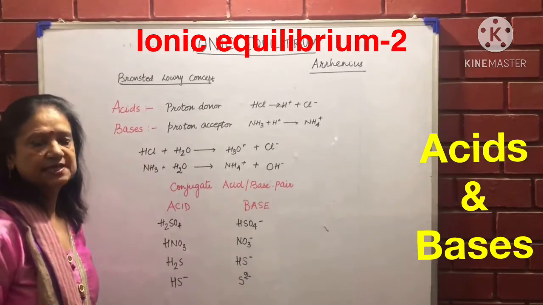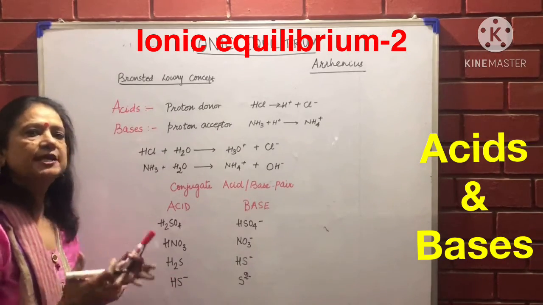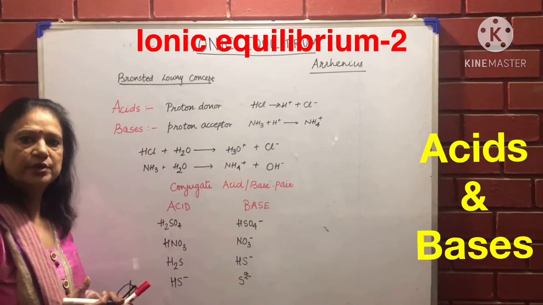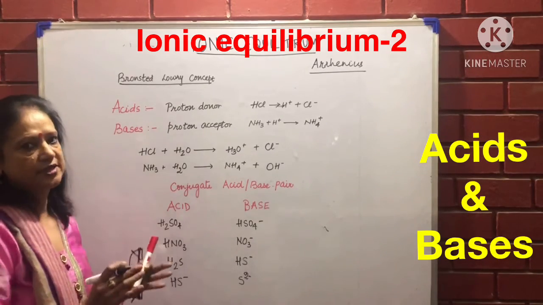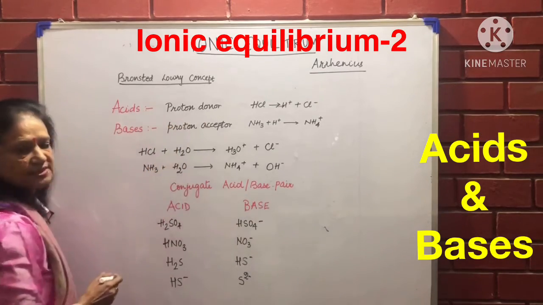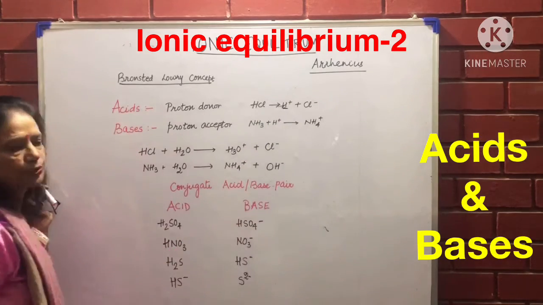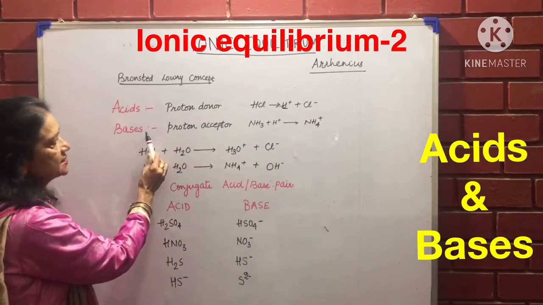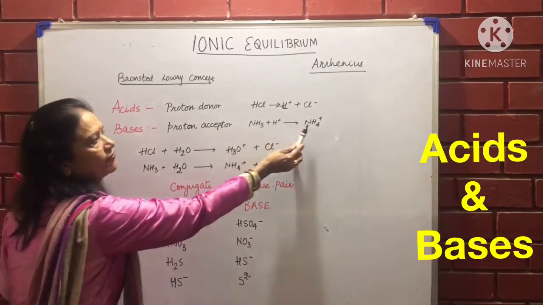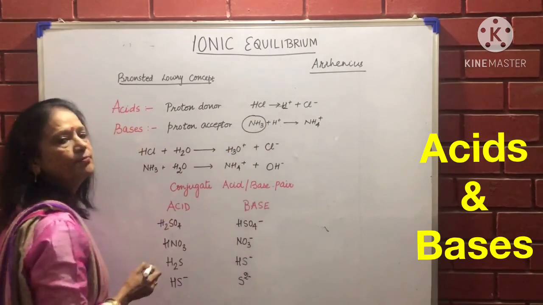out OH minus ions. But further scientists changed that definition, asking why ammonia is a base, because ammonia on its own is not giving OH minus ions. So there are other definitions which say that acids are proton donors, which you already know. Acids give out H plus, this is a proton, so it is a proton donor. And bases are proton acceptors, that is, they accept a proton and form ammonium ion here. That is why I'll say ammonia is a base.